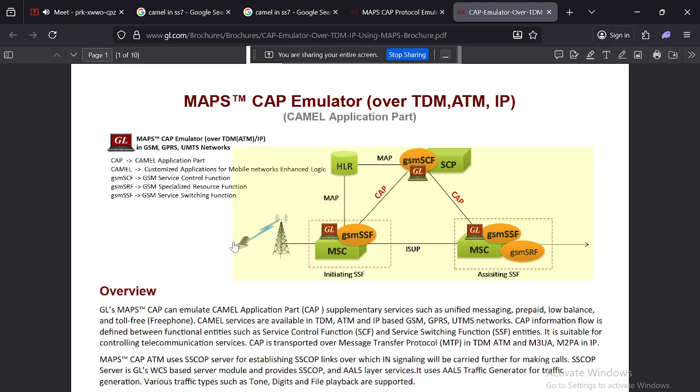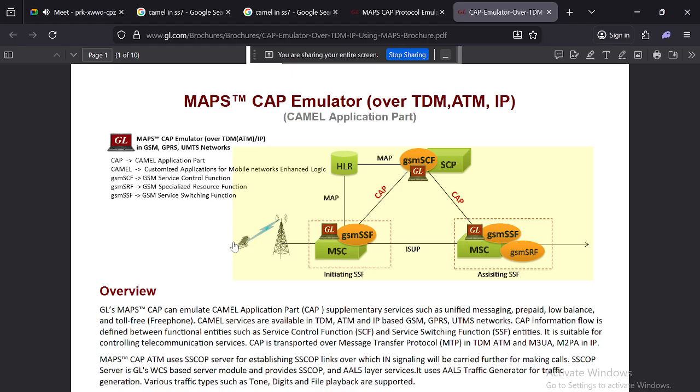When it goes to roaming also, the primary benefit of CAMEL is ensuring the subscriber can use their home network services and billing while roaming, either abroad or in any country except your home location. It also provides a consistent user experience and allows your home network to maintain control. So why do they take your HLR here? Your HLR will be defined automatically and changed every time you travel from one place to another, so that will also be automatically updated in the network.